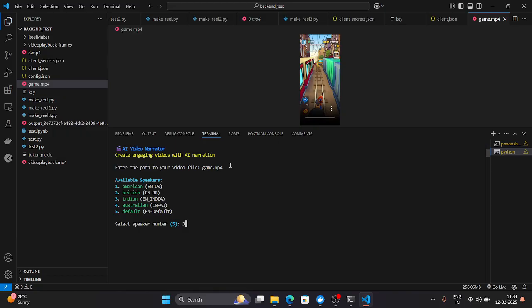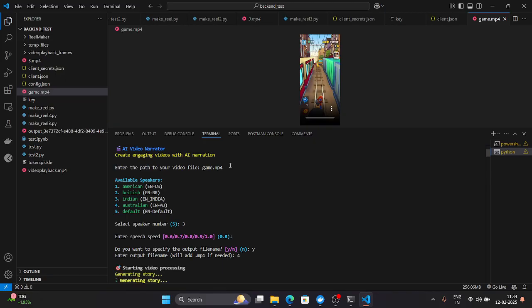I'm gonna go with Indian. Make sure of one more thing, that the Indian voices sound like a little girl. So let's go with it. Oh, it is a speed. The default speed is 0.8 of the audio. So I'm gonna go with it. You can change it, of course. I want to give a name to the output file specifically. So I press yes, and let's put 4,